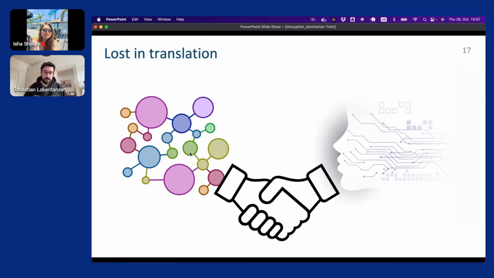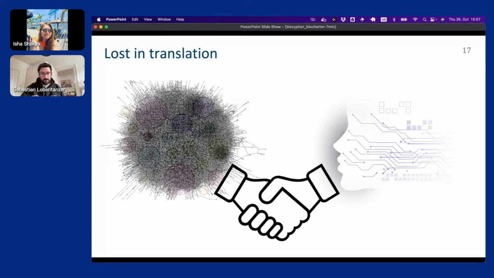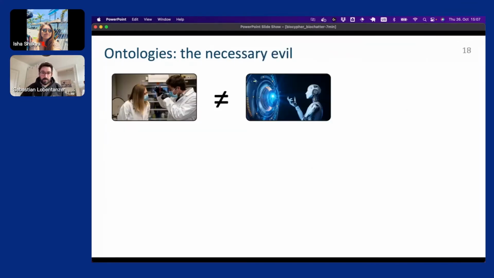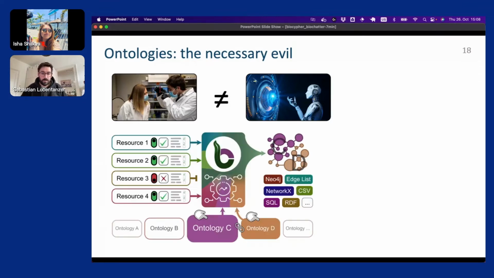So how do we make these two modalities communicate? Particularly since the knowledge graphs in question more look like this hairball here, and the language models in their abstracted form look like this. And this is what brings me to this configuration that I mentioned before. We are using ontologies as installation of domain expertise into the machine learning space, because human experts learn lots of things from growing up and then learning how to interact with the world, and then also learning medicine or biology, which makes them much different than specialist language models.